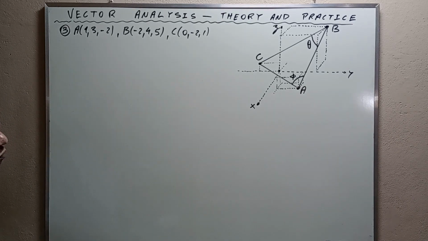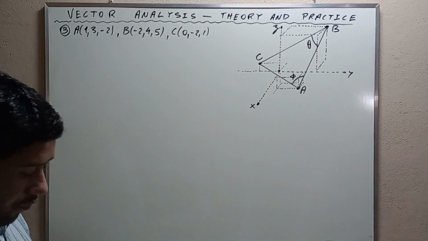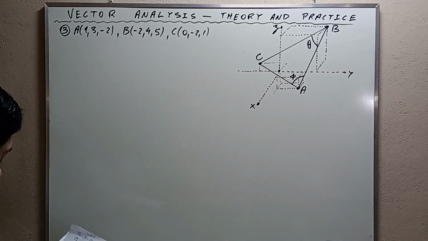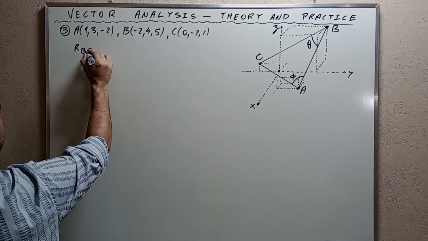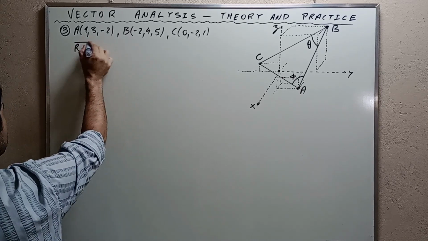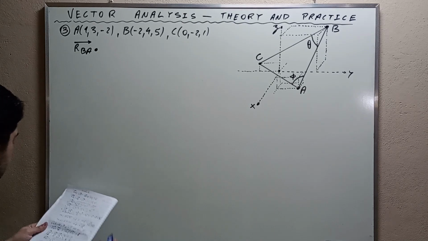Letter B now. Find this angle here, angle theta. Sorry, the exercise wanted us to use the definition of the dot product. So we are going to use the definition of the dot product to calculate theta, and we are going to use that R_BA in a dot product with R_BC